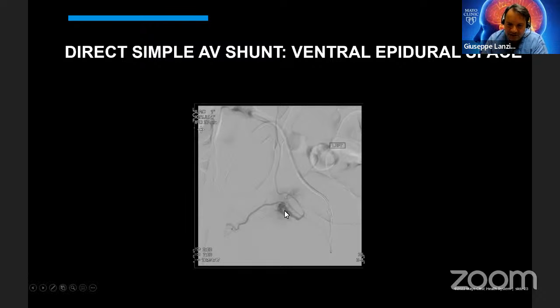Another aside that is important, some groups have reported surgical treatment of these fistulas by simple obliteration of the intradural proximal draining vein. And I think that's a treatment that is effective in many patients in helping with